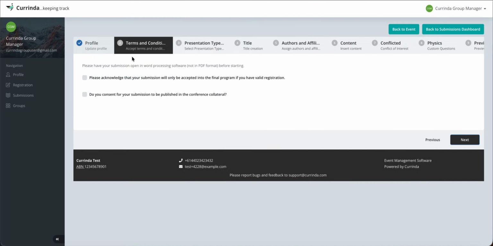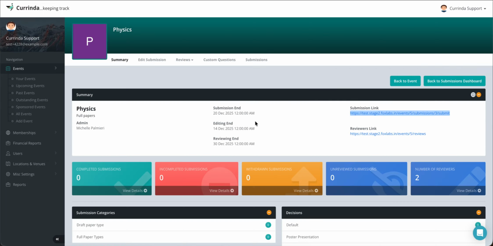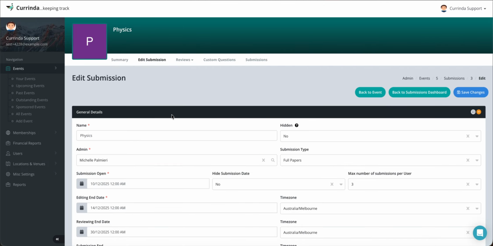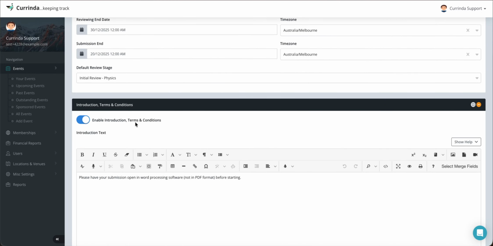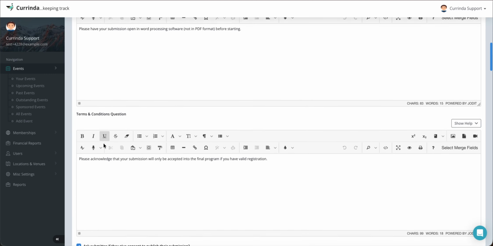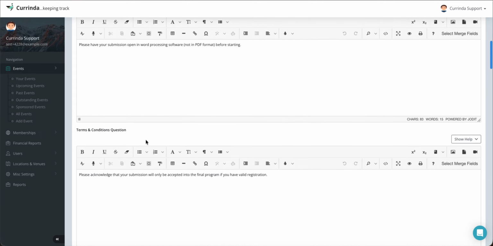Now this is the section that corresponds to terms and conditions, and if you go back to the admin panel, you can see that we did these sections of multiple sections, and here we can see we have introduction, terms and conditions, and once we accept them, then we can move forward. So let's go back and